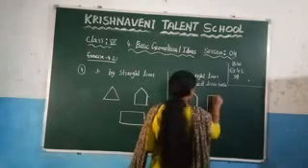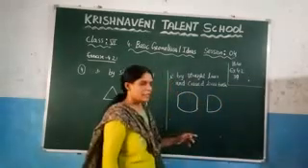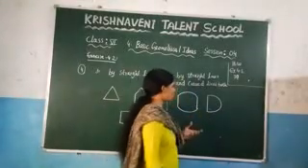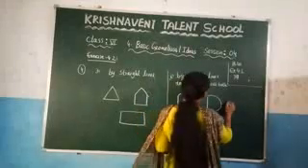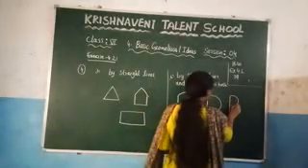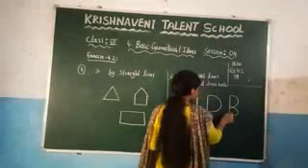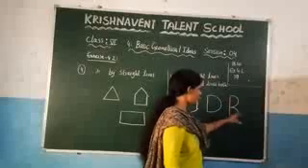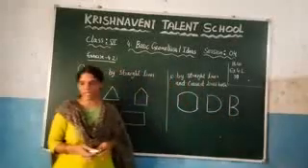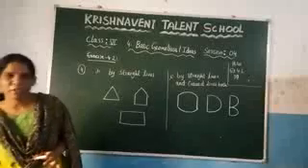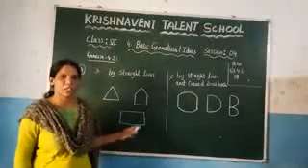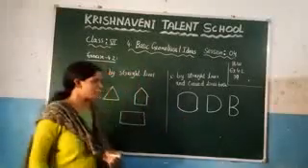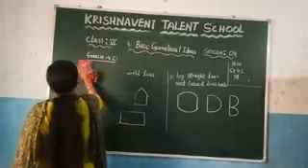And similarly you can observe that it is also a closed figure and it contains the straight lines and it contains the curved lines. And you can draw one more here. And you can observe that it is also a closed figure and it contains the straight line and the curved lines. What they asked here is to draw three figures such that they should be closed and contain the straight lines and the curved lines. Now see the next one.